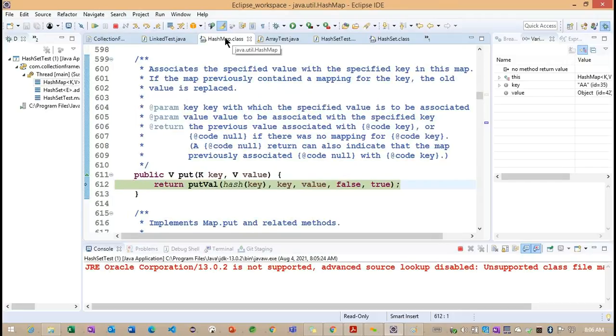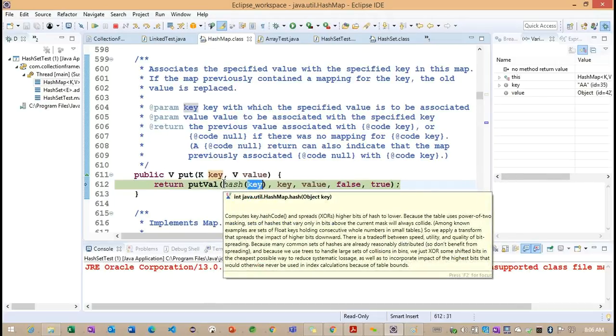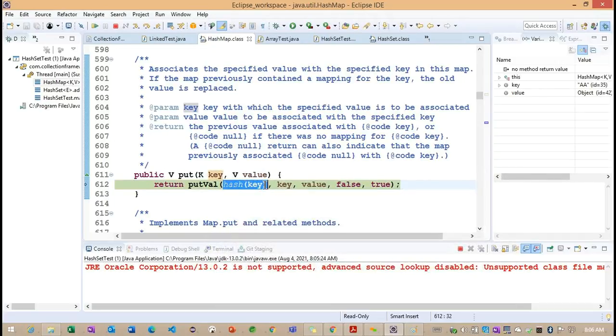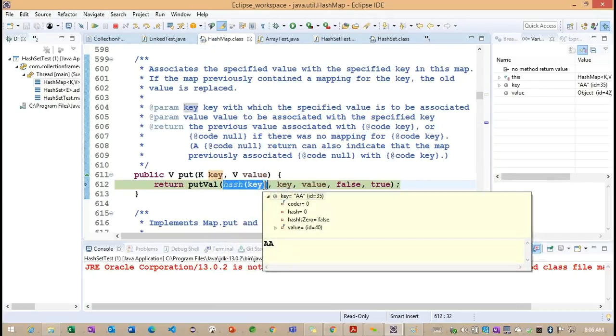We are inside the HashMap class. Internally, carefully observe, for the key they have one more method, named hash. What is it doing here?